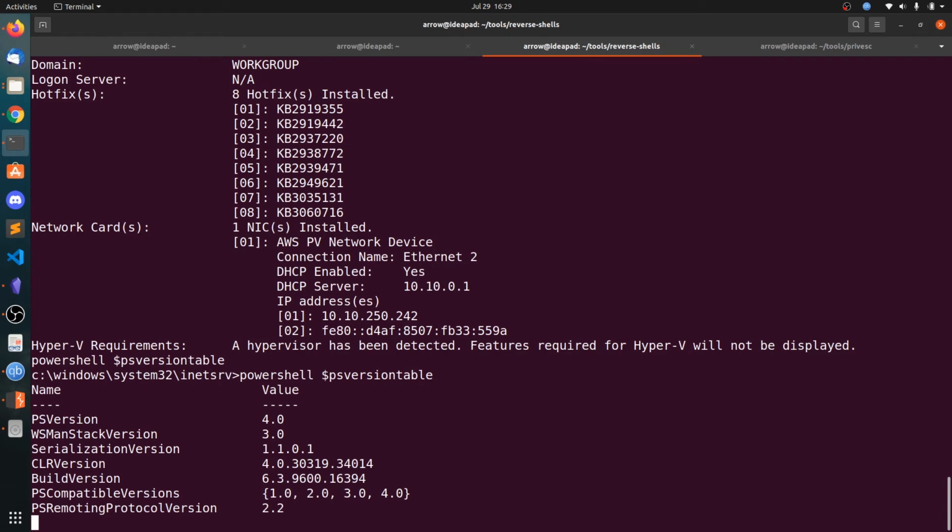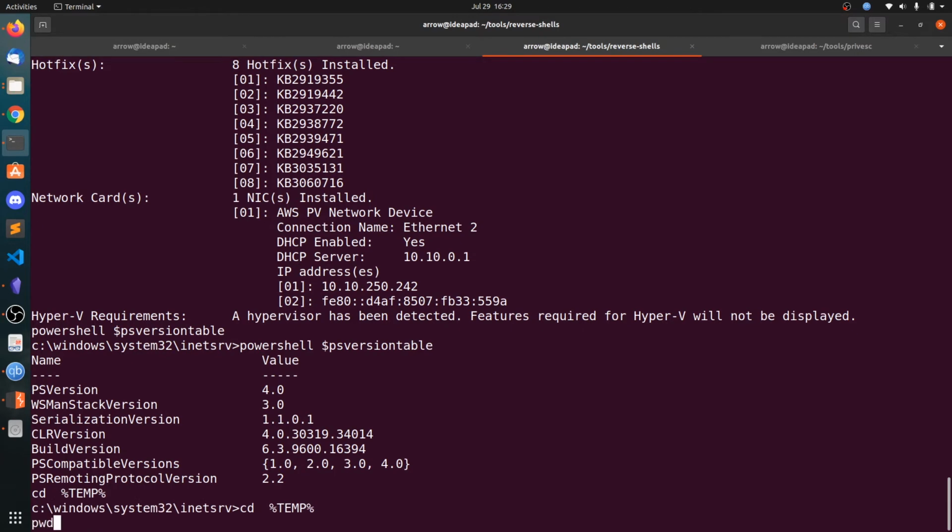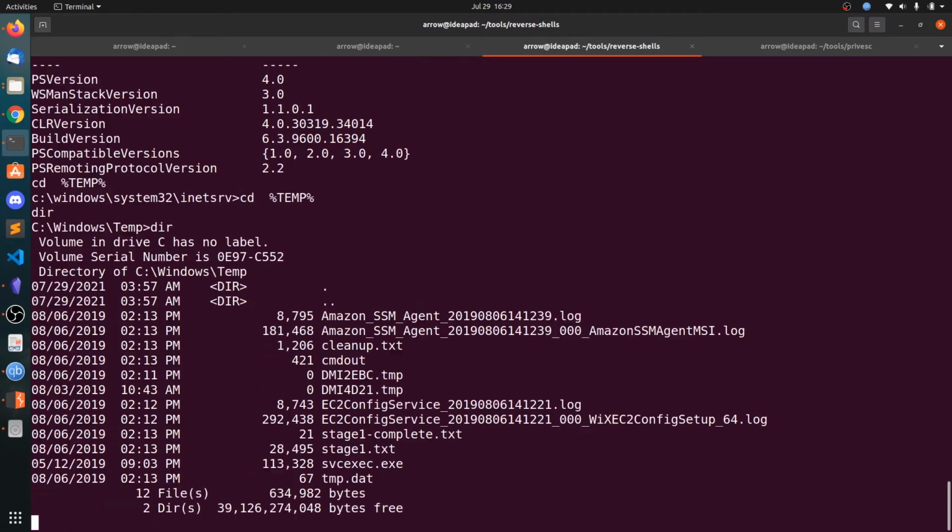So now let's go to the temp directory, so that will be writable by everyone. So dir, and we are in C:\Windows\Temp. Now copy the PowerShell script.